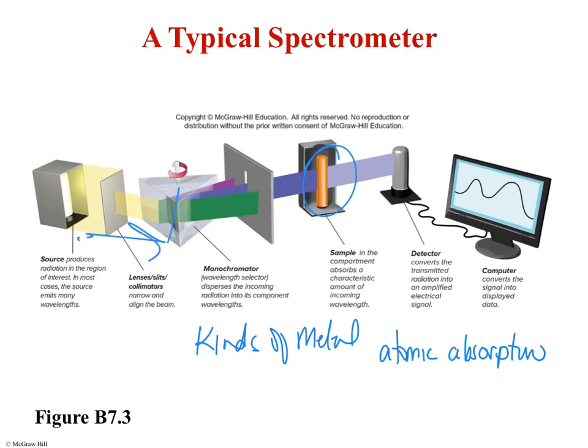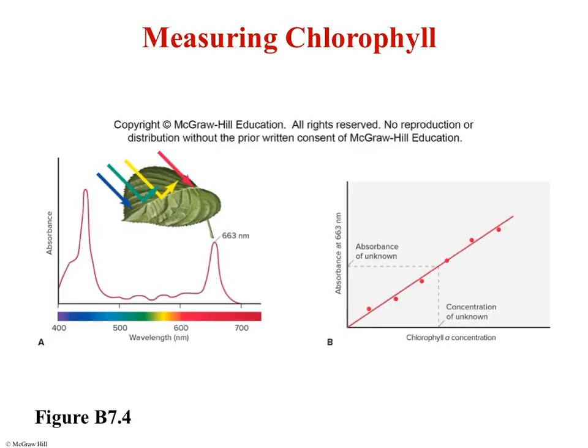The light gets diffracted into the different wavelength energies, so you can select for just one wavelength energy, E equals h nu. In this case, you can select for violet energy, and then we can figure out what that compound is, or that element. You can measure chlorophyll, and then you get